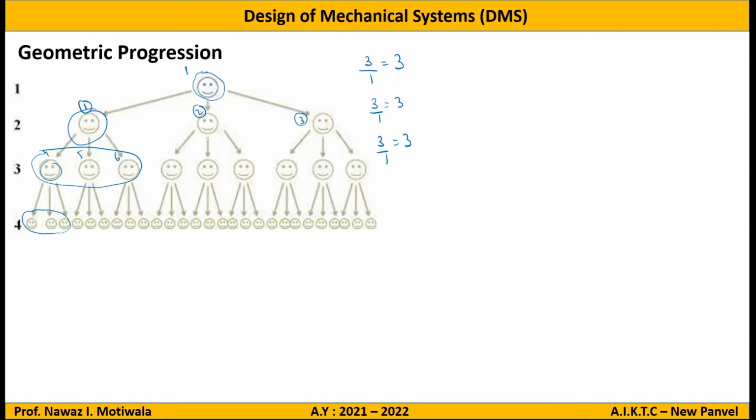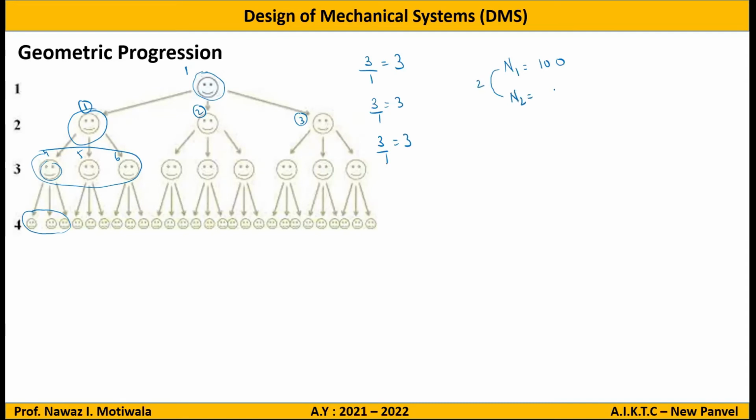the ratio between the two consecutive speeds should remain constant. Are you agreeing to this? Yes, sir. The ratio of two consecutive speeds should be constant. So let me write down the example now. Let us say I have the value of N1. I will take the same example, 100. Let us say I am giving you the common ratio is 2.